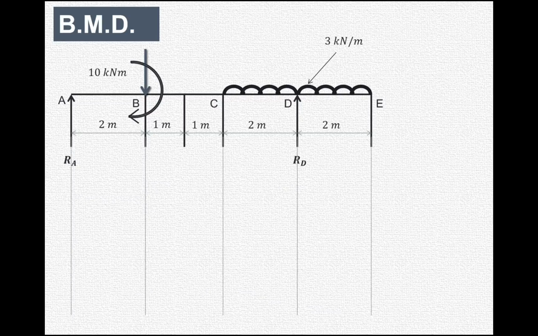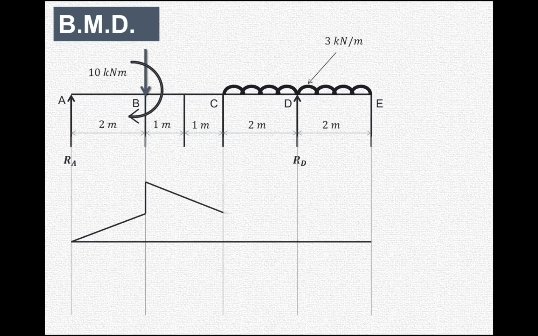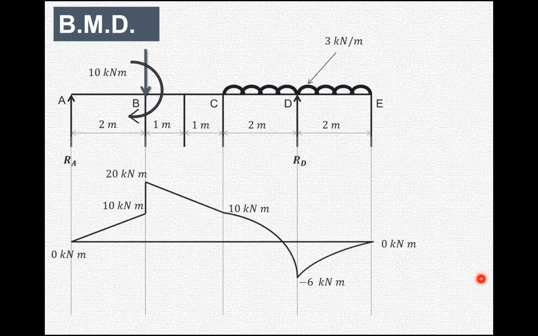Now let us draw the bending moment diagram also for this. So as you can see over here, at A and E bending moment is 0, at B left it is 10, but there is already a moment of 10 kilonewton meter that is acting, so that we have added over here. Then at C it is 10 kilonewton meter, and then there is a UDL, that is a parabolic curve, and again there is a parabolic curve from D to E. So in this way we can draw shear force and